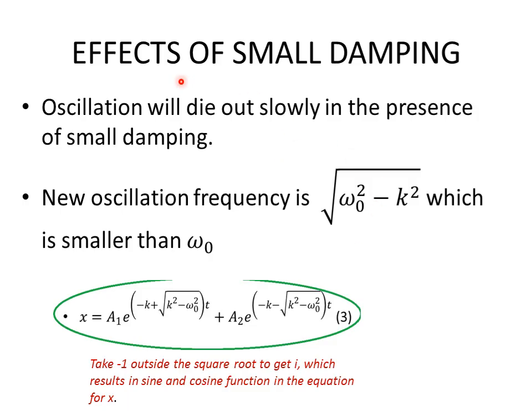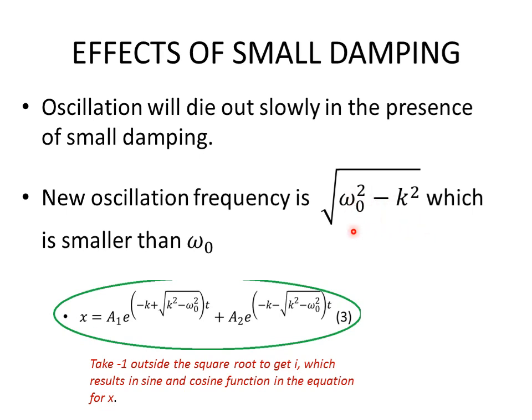So I will conclude by saying the effects of small damping, which means underdamping. If there is underdamping, the oscillations will continue, but the oscillation frequency can be taken from the sinusoidal term. For example, if you have a term like sine omega t, then omega will be the oscillation frequency. Or if you have a term like e raised to i omega t, that omega will be the oscillation frequency. I showed you earlier that in the case of small damping, when k square is less than omega 0 square,